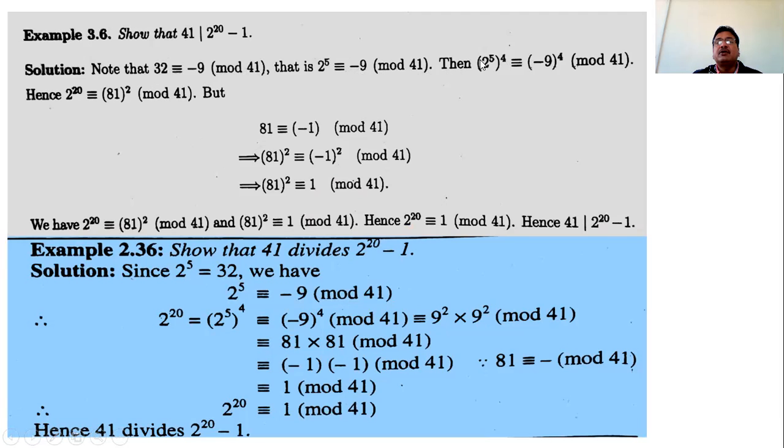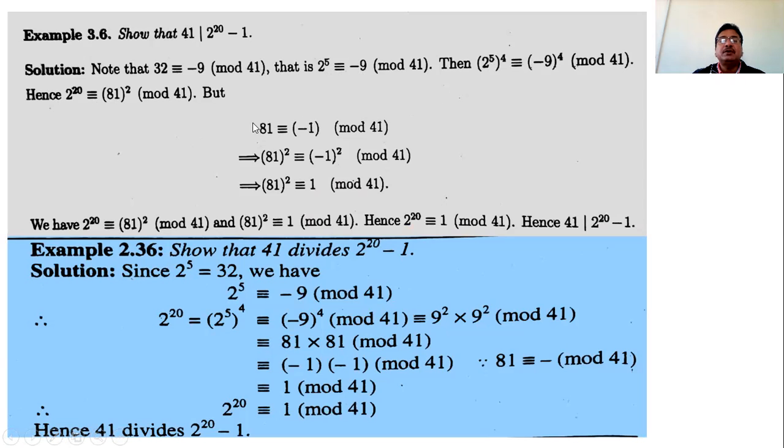Then take the fourth power of both sides. We have to find 2 raised to 20. So 2 raised to 5 raised to 4 means 2 raised to 20, and then minus 9 raised to 4 modulo 41. That is, taking the fourth power of both sides, 2 raised to 20 is congruent to